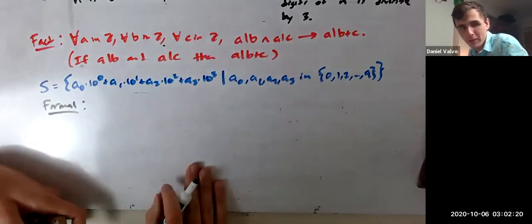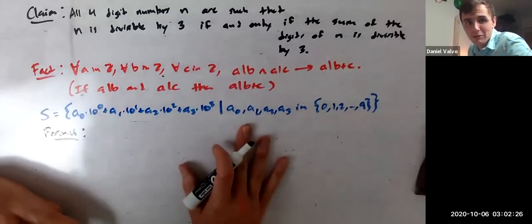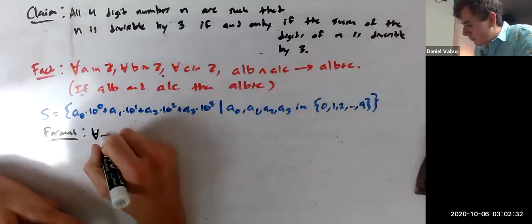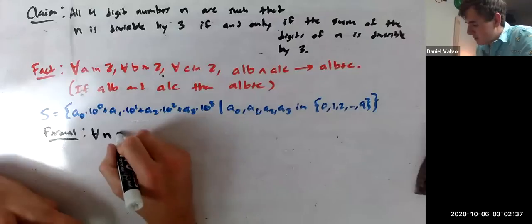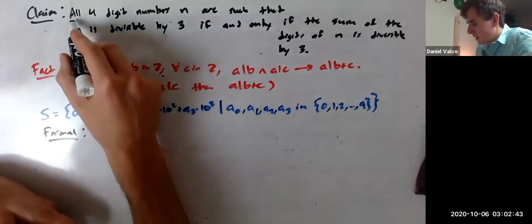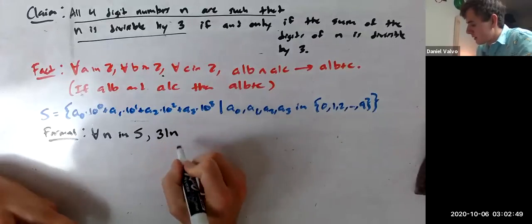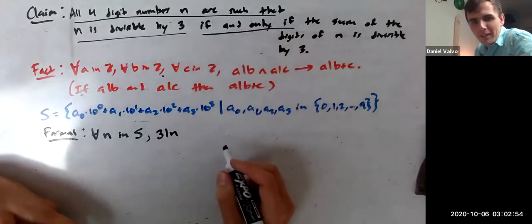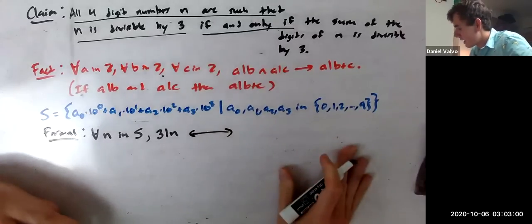So first things first, let's write it formally, right? And formally, the way you can write it is: all 4-digit numbers n are such that n is divisible by 3 if and only if the sum of the digits of n is divisible by 3. Formally what you're doing there, you're saying that for all 4-digit n in S, and S is exactly defined as all the 4-digit numbers. So you're saying for all n in S, so we got this taken care of, n is divisible by 3, so 3 divides n, if and only if. What's if and only if? Biconditional. Biconditional, perfect, so it goes both directions. If and only if